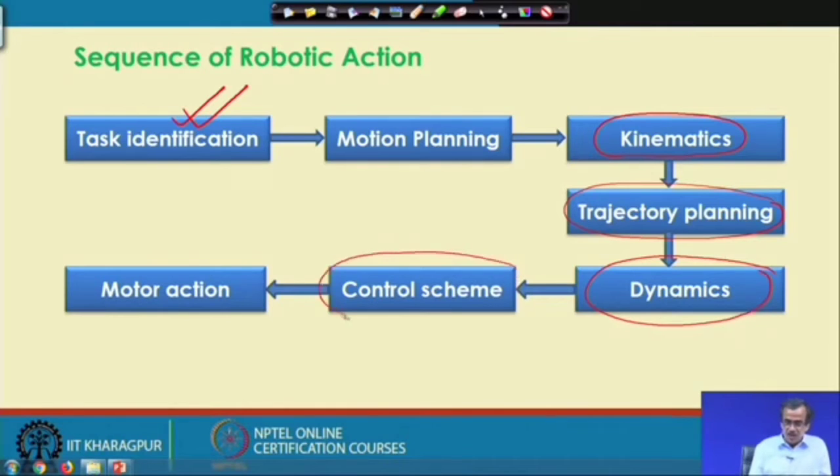The control scheme also I have discussed, because you will have to realize that particular torque with the help of a motor with a suitable controller. And once those things are ready, now we are in a position to generate that motion. And this is, in short, all the necessary modules of robotics. As I told you, in this course I am just going to touch the fundamentals of all the modules. Okay. So, let us try to concentrate more on this motion planning now.